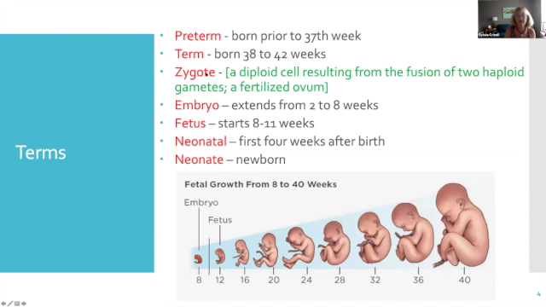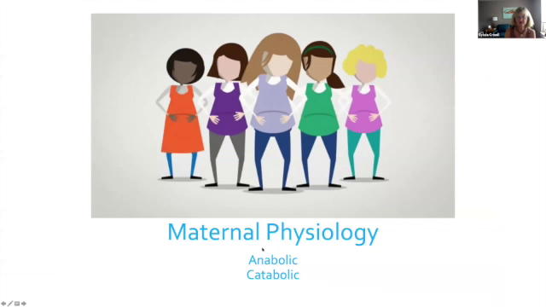Term, as we talked about, a zygote, that term just has to do with the first cell that's formed when the sperm and egg fuse. Okay, when the fusion of 2 haploid gametes, a gamete is like a sperm or an egg. When they fuse, a zygote, it's a fertilized ovum. As soon as it starts splitting, then it's called an embryo. So that first cell is a zygote. Embryo extends from 2 to 8 weeks. We have multiple cell divisions going on. At some time during that point, they're going to implant into the uterus. The word fetus starts at around 8 weeks, and then so on. So neonatal is 4 weeks after birth. So we've talked about this. So these are the different, this is the trajectory of size.